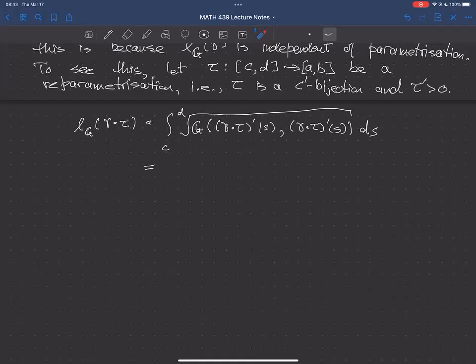So tau prime, we know, at every point S is going to be positive. So I'm going to get a tau prime here and a tau prime here. And those are therefore just going to, G is linear, so the tau prime squared is going to come out front. And then we're going to take the square root of it. And when you take the square root of the square of something that's positive, you get back to what you started with. And so what you get is the integral from C to D, tau prime of S, and then in here you get G of gamma